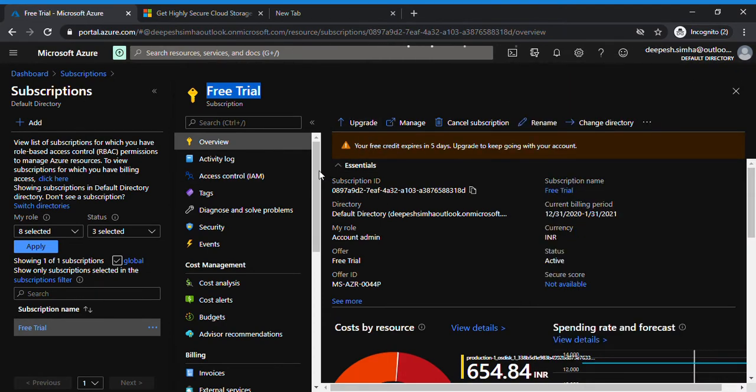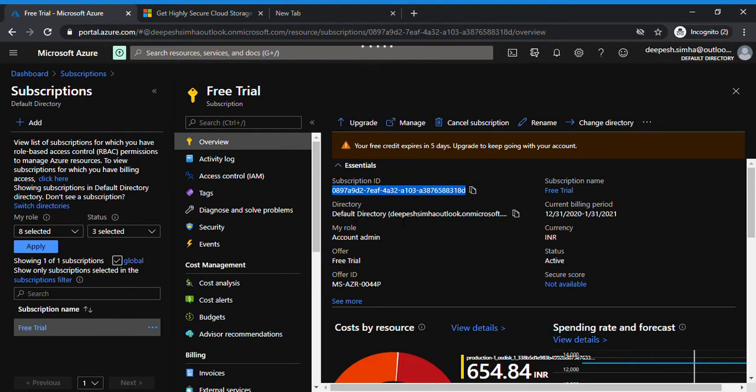So what you're seeing for the subscription, if you look, there is a subscription ID. As I said, this subscription ID is going to be unique for your entire subscription, right? So what Microsoft does is, if you have any issues with the cloud services, Microsoft is going to help you in real time. So they need your subscription ID, so you have to provide this. They'll not ask you for your subscription name, because the subscription name can be changed at any time, right? So that's why this ID cannot be changed. Based upon this, they'll be helping you with any kind of cloud service issues.